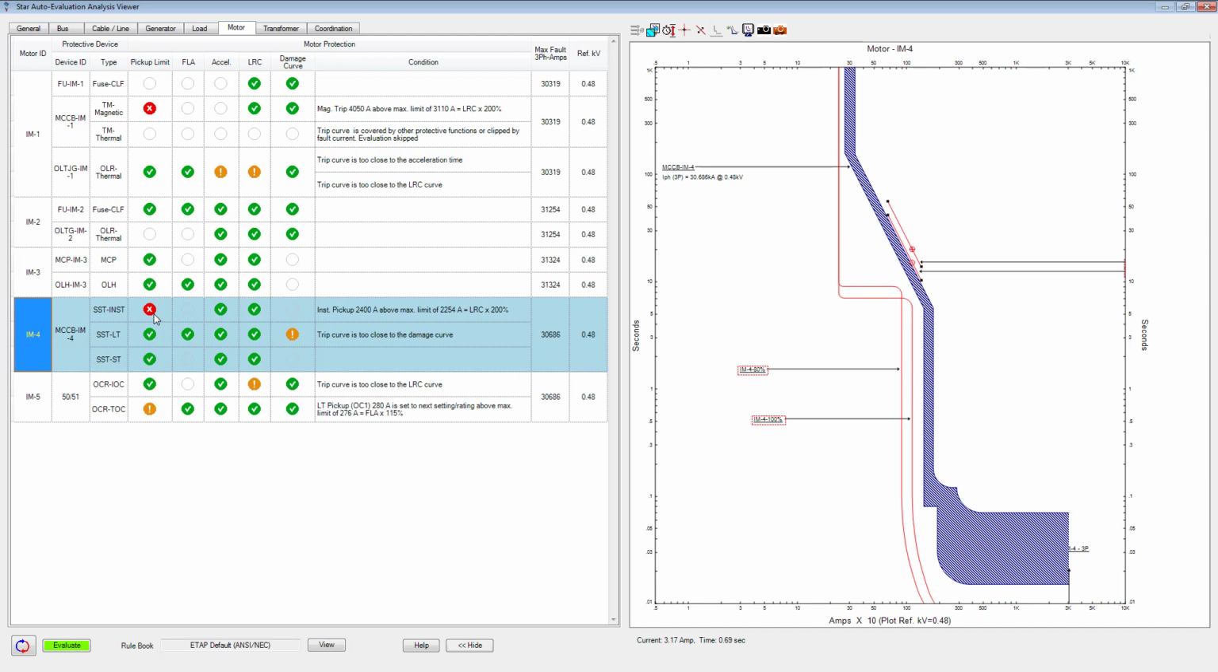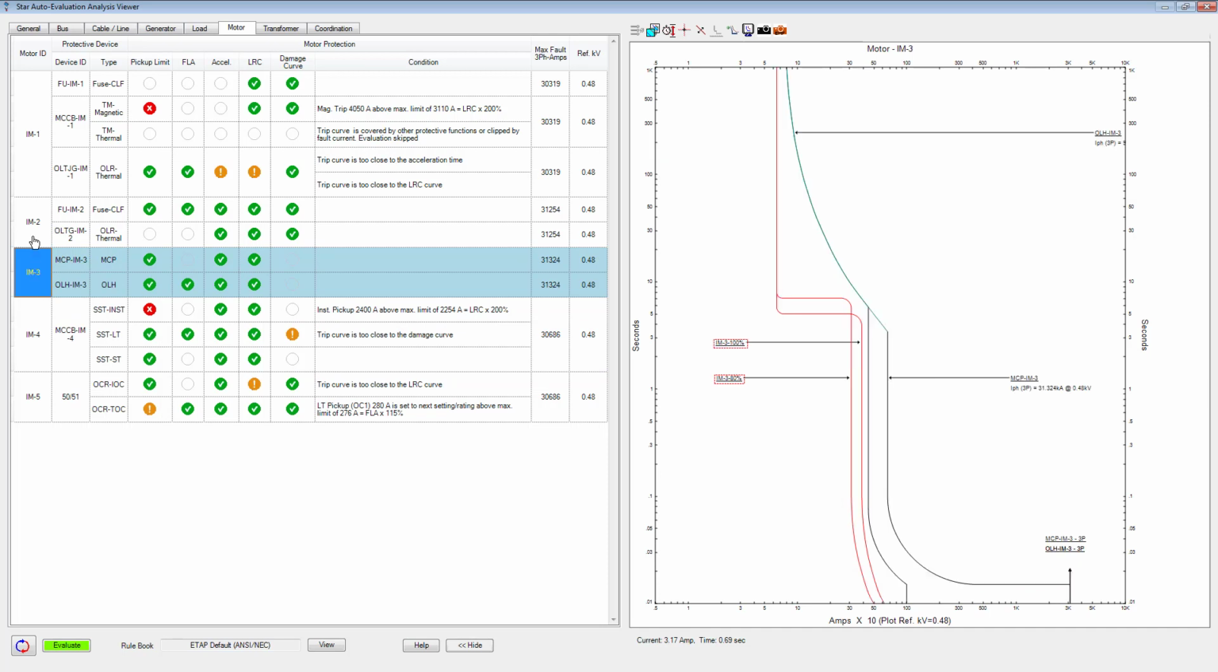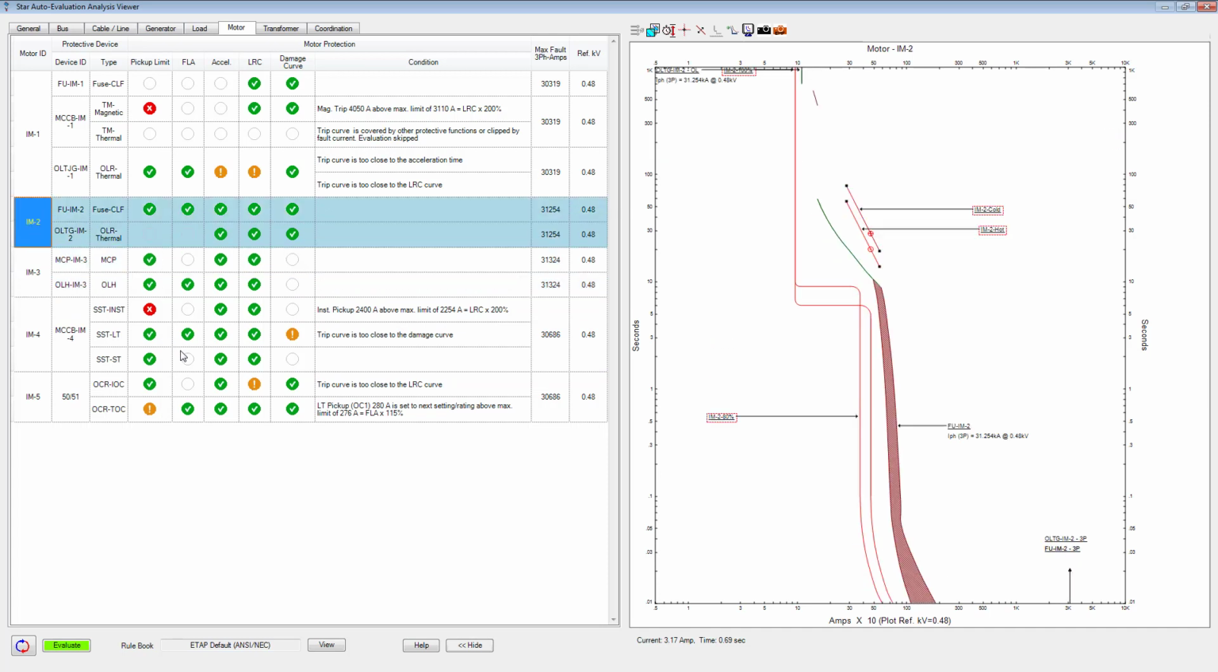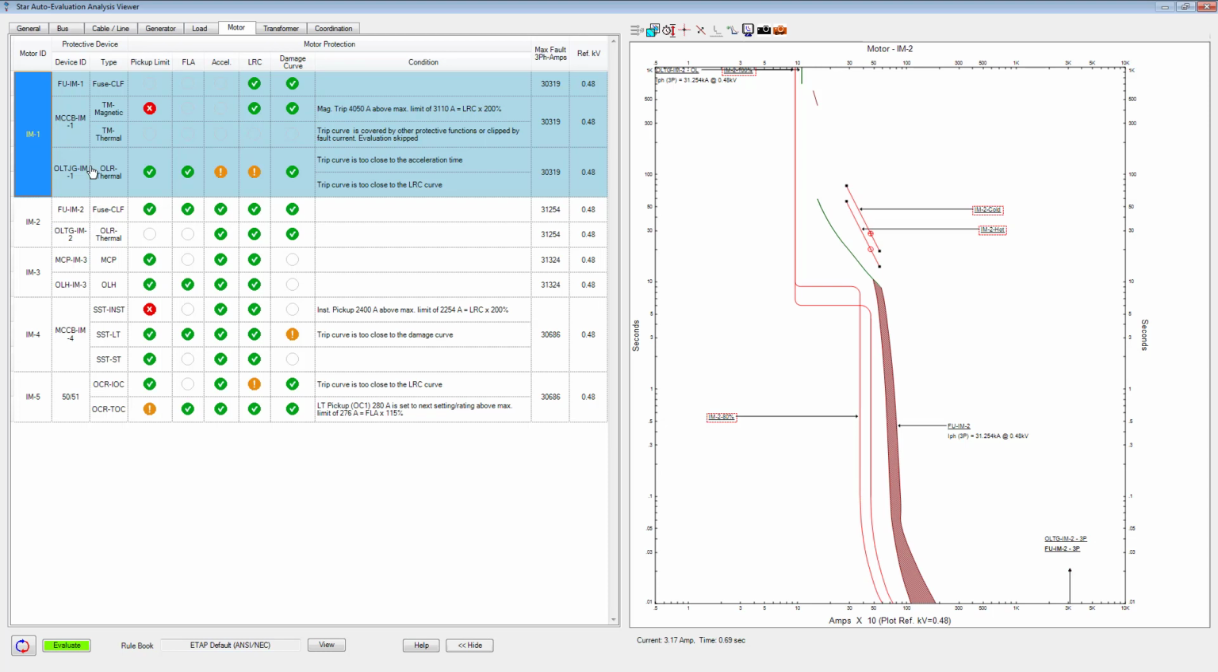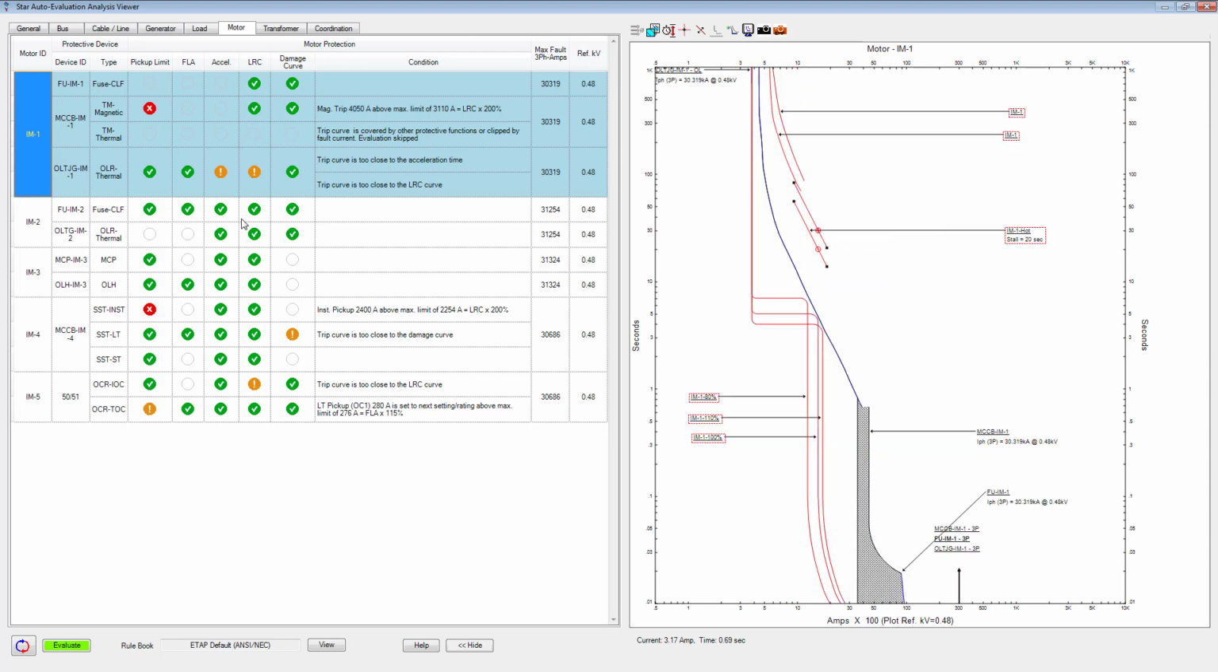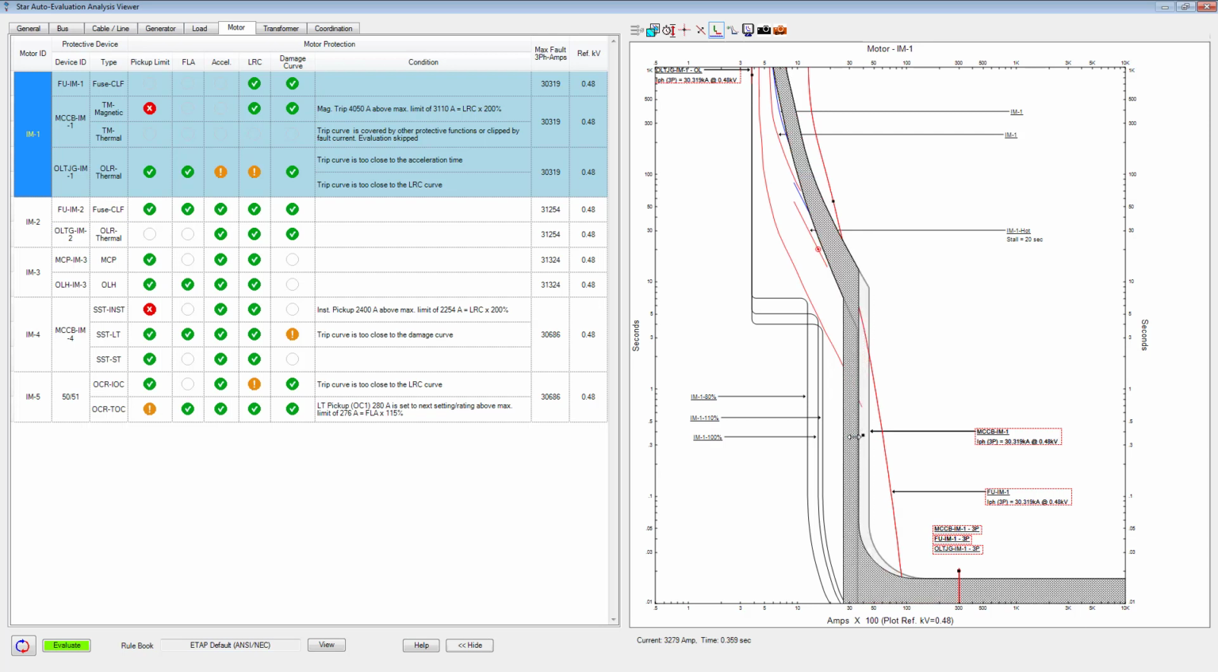And as I said, for the instantaneous, you have no other choice. You have to live with it. We are fine with IM3. We are fine with IM2. With IM1, we need to adjust the setting for the instantaneous, but that's what is mentioned for the instantaneous. We can do that,